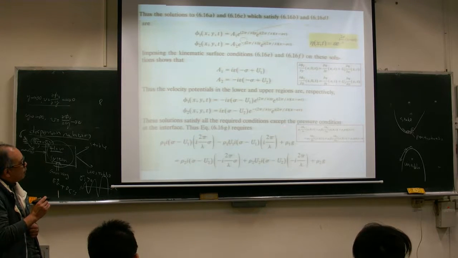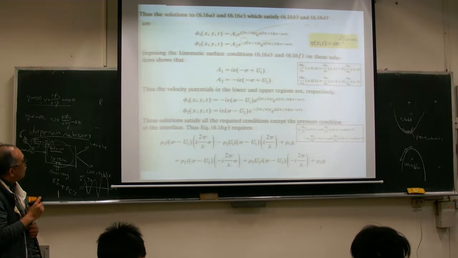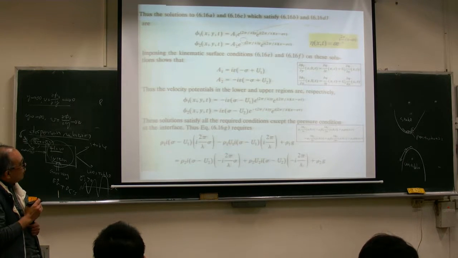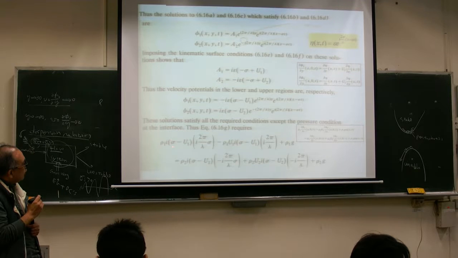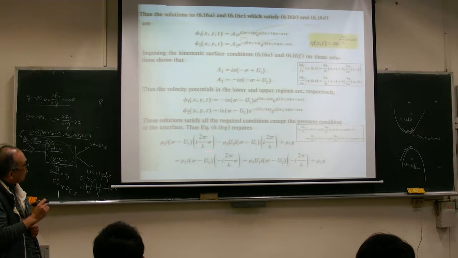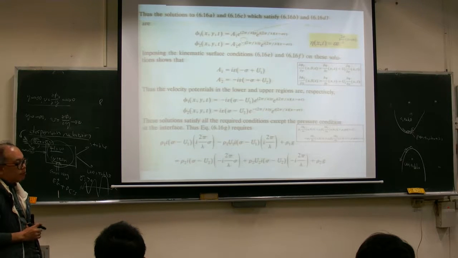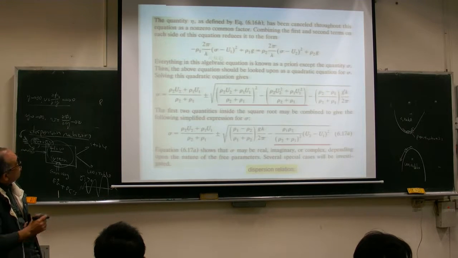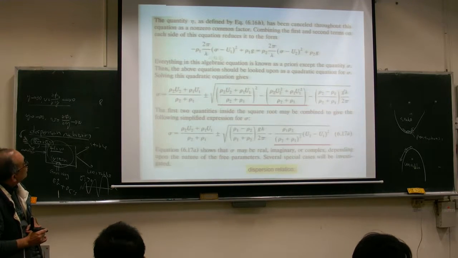And this is the dynamic boundary condition. The dynamic boundary condition gives us the relationship between sigma and lambda. That's one kind of dispersion relation. So we can evaluate this sigma by using this equation. And once you evaluate it, you can see